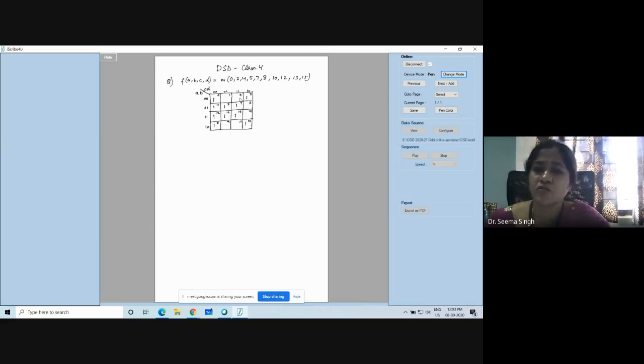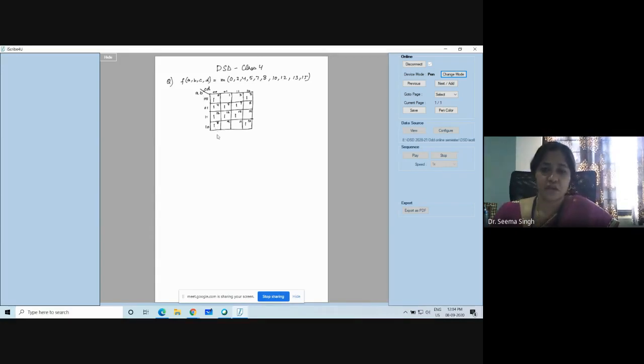Now I want you to make a note of your first column and last column. If you see the first column, it is C bar D bar, and the last column, it is C D bar. So C bar D bar and this one is C D bar. So again you can see there is one variable change. So you can fold the K map actually. You can fold the K map and you can group the first one here and last one here. So this is called folding and grouping.